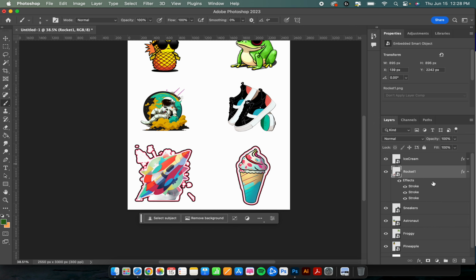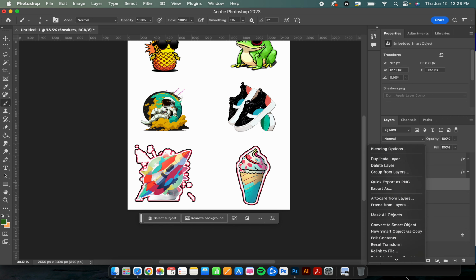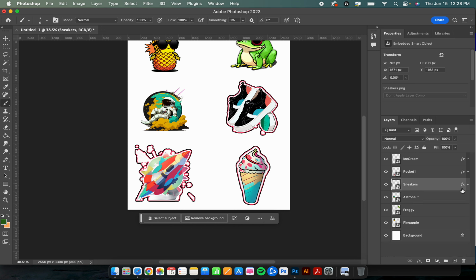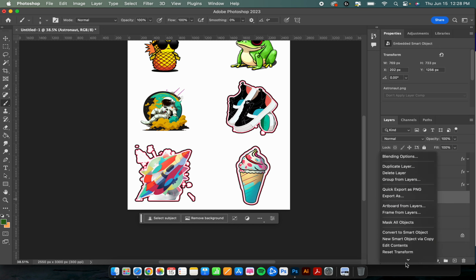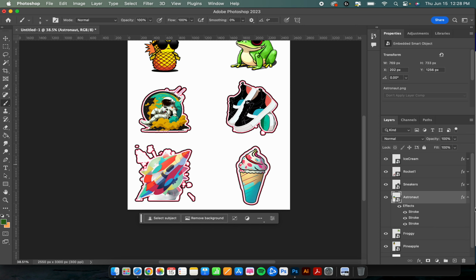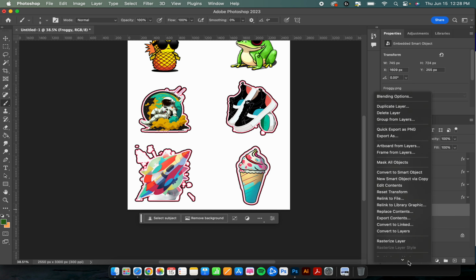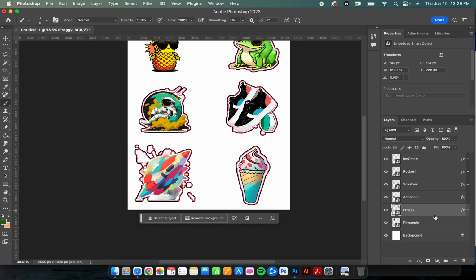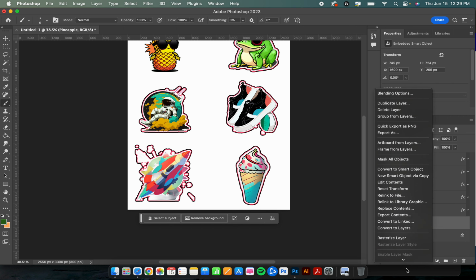Boom, there we go. Collapse it, sneakers. Click with 2 fingers, all the way down, paste layer style, collapse it. So essentially rinsing and repeating. Our literal last and final step, though, coming up, will be changing the colors from each sticker so that they're not all the ice cream pink. So again, paste layer style, collapse, paste layer style,